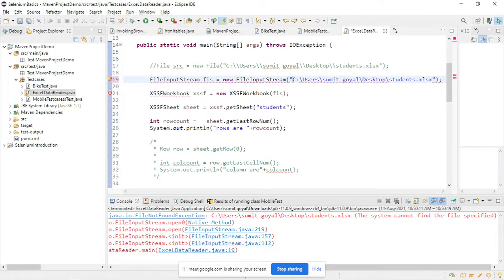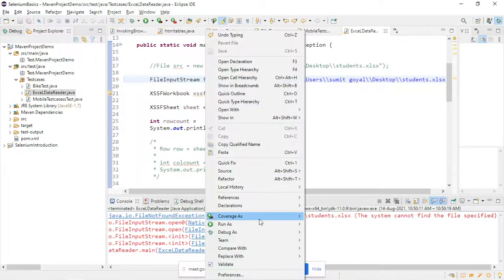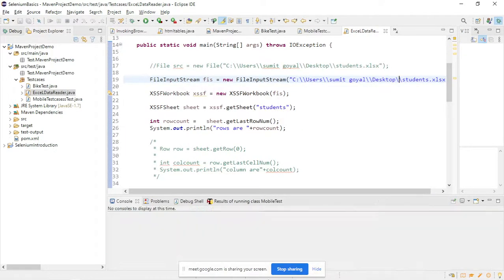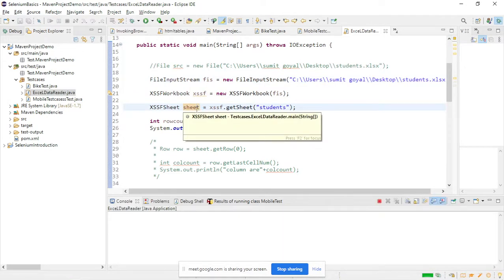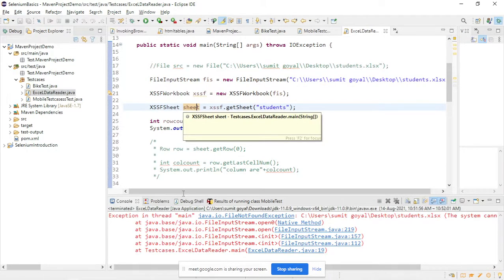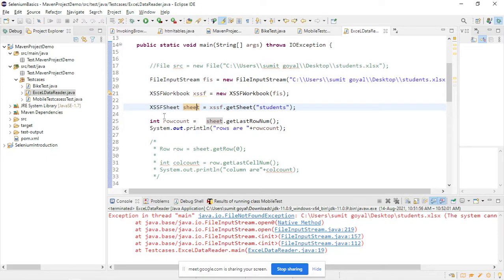Provide double quote. So now try to run it again. This time it should work. So file not found, but the file path is correct as I can see.